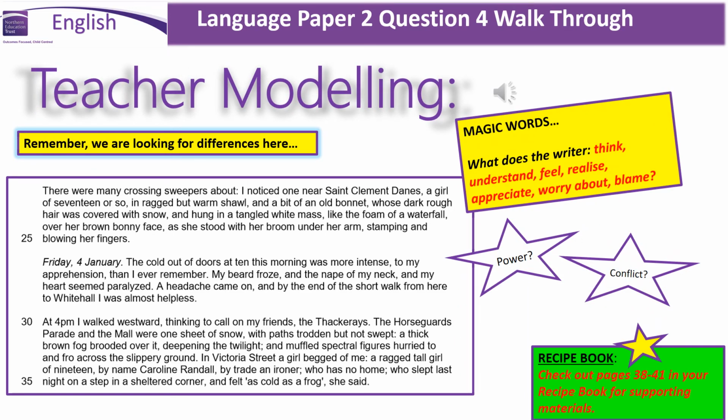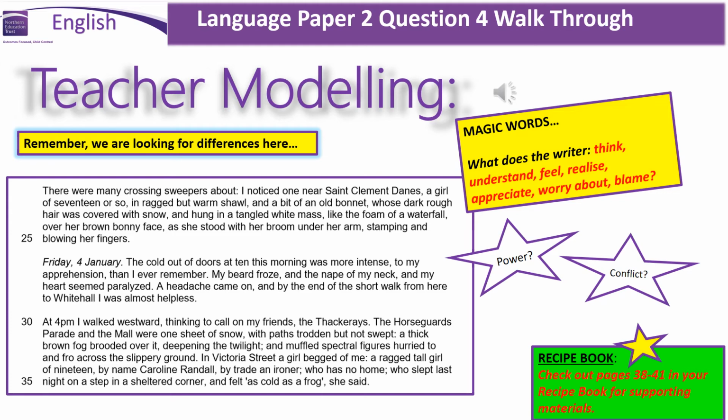And let's quickly pick out a few things from the second part of source B. In the first paragraph on this slide, he refers to a girl of 17 or so in ragged but warm shawl and a bit of an old bonnet, whose dark rough hair was covered with snow and hung in a tangled white mass. Now this is the first instance where we've seen Arthur Munby describe a negative consequence of this